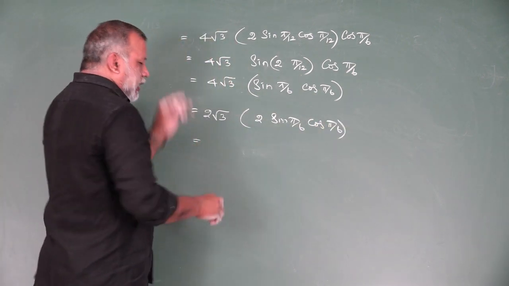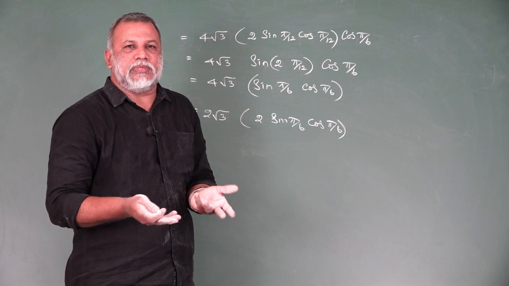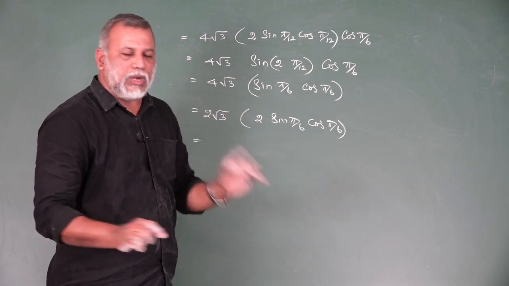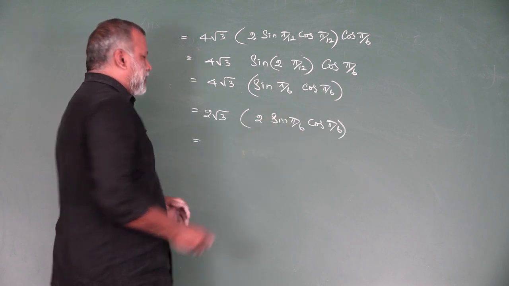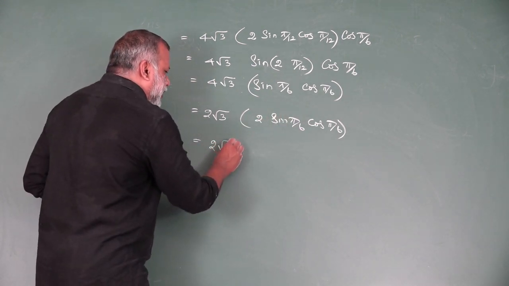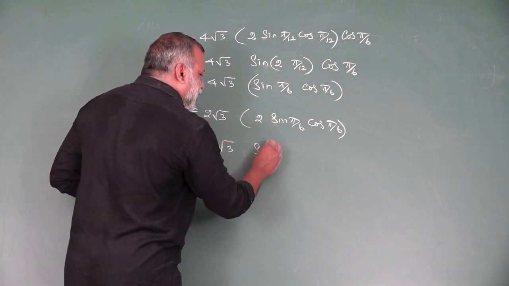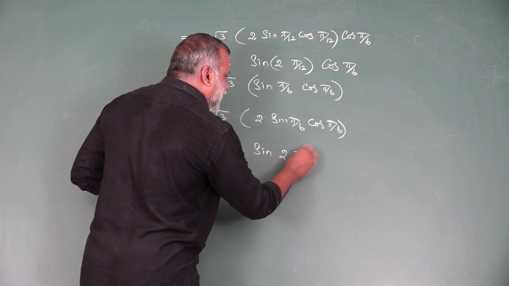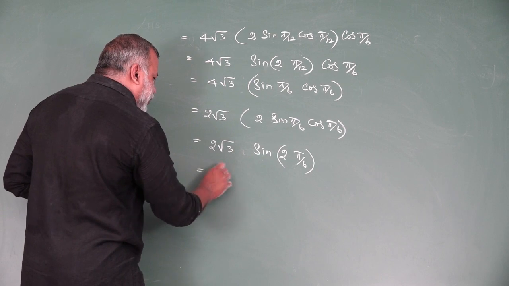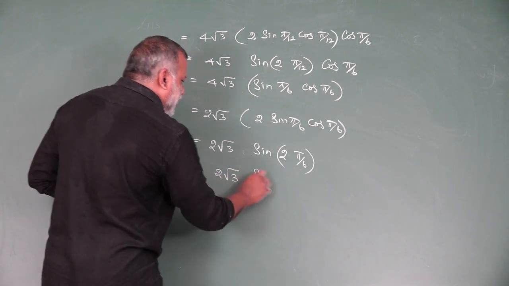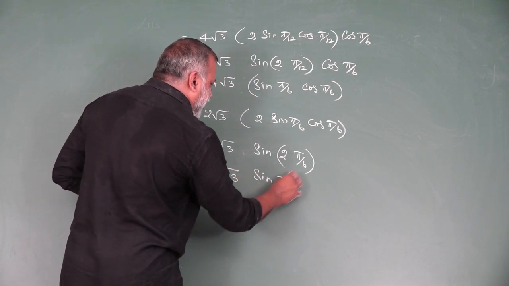Not different ideas, only one idea you are using many times. That is the logic behind this question. Only one logic. So you have to split like this, 2 sin theta cos theta. Again 2 root 3. It can be simplified as sin of 2 theta. Theta is replaced by pi by 6. The 2 and pi by 6 will be removed. 2 root 3 here. We can get sin pi by 3.